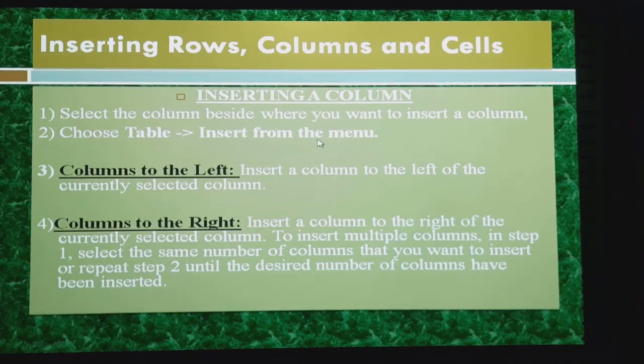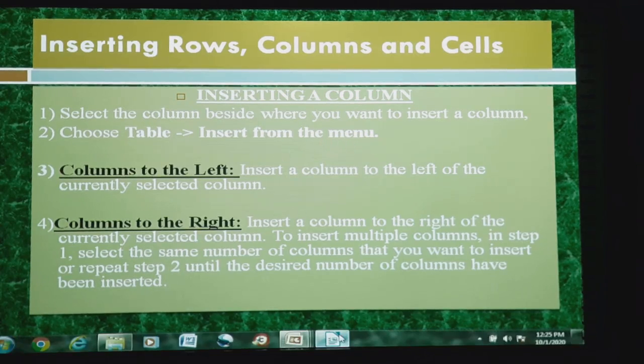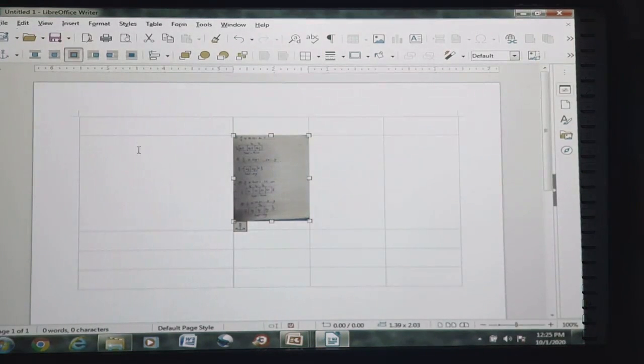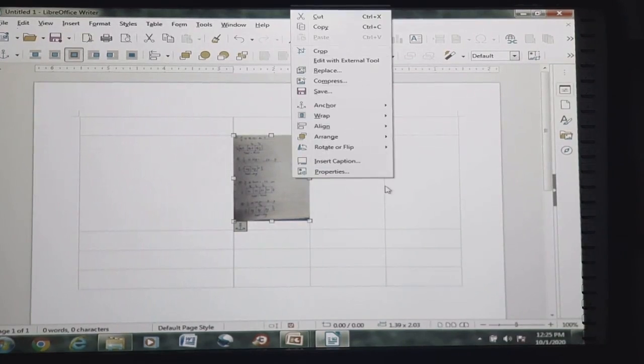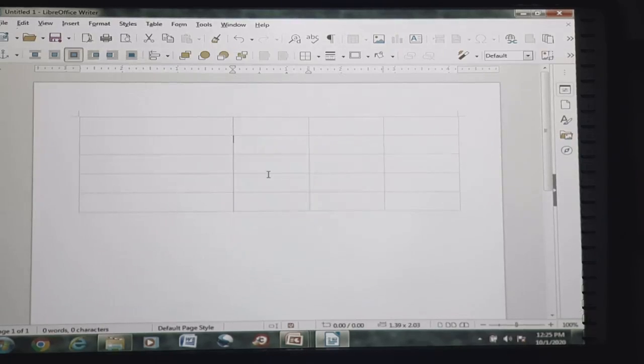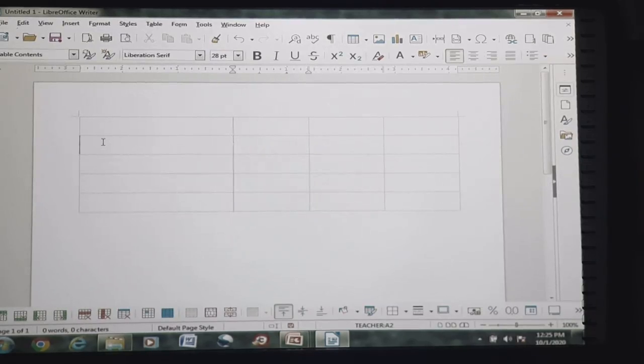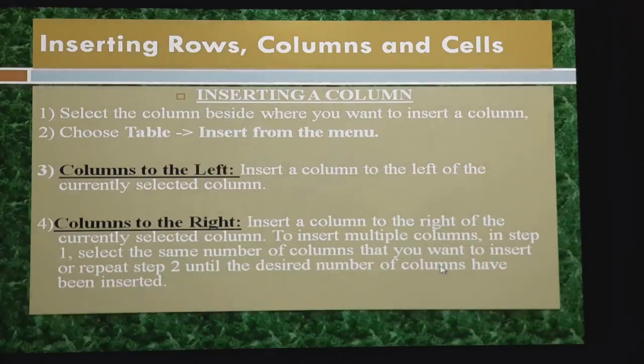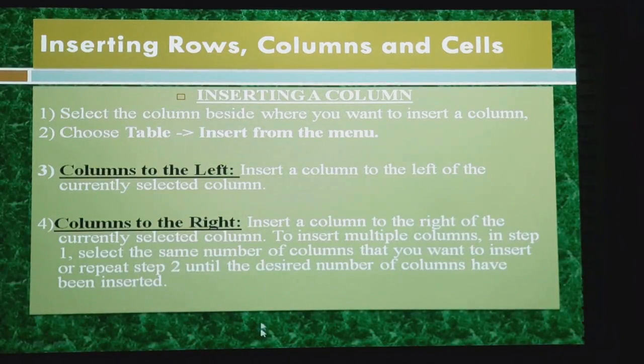Okay. So here it should be like this. Go to cell, choose table, insert from menu.